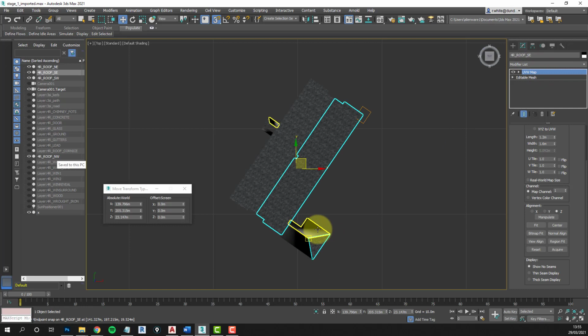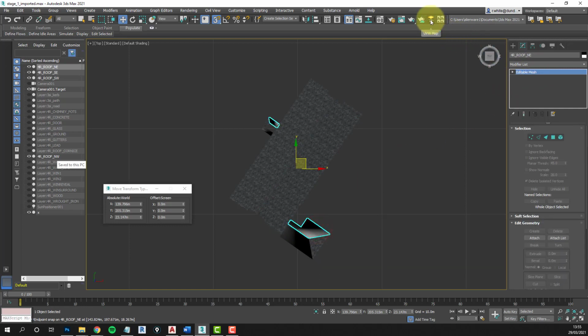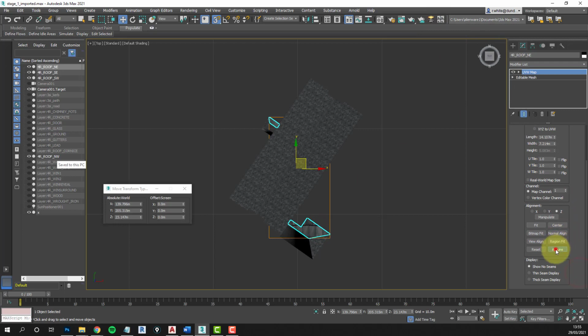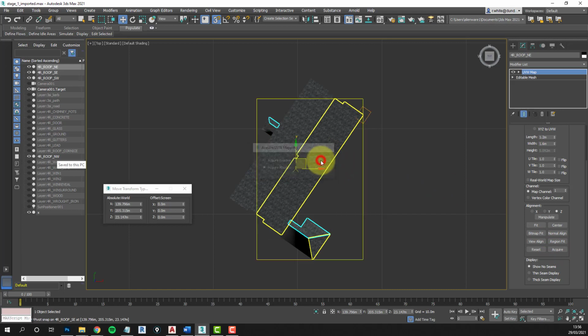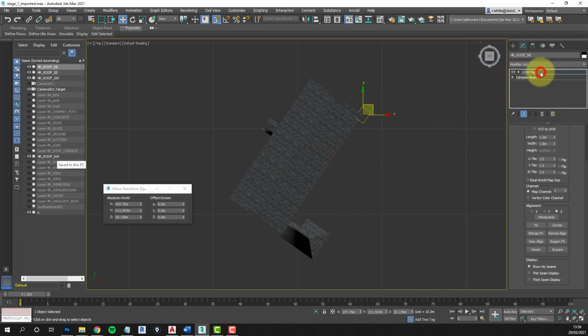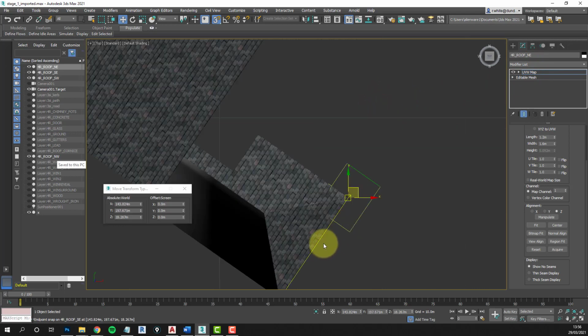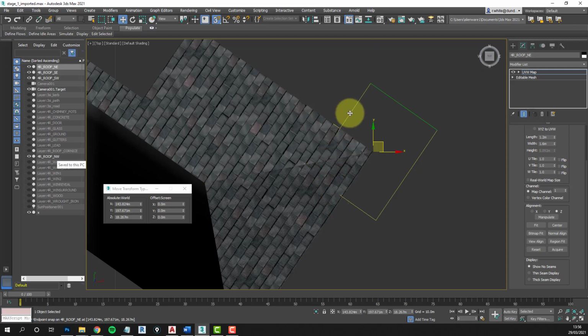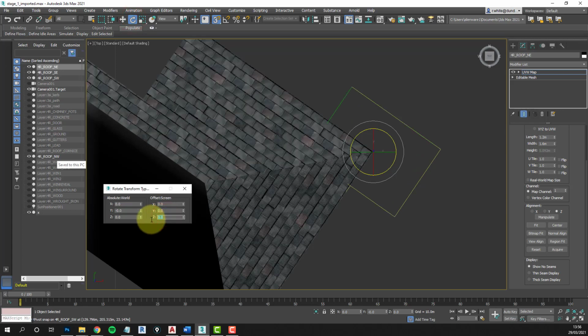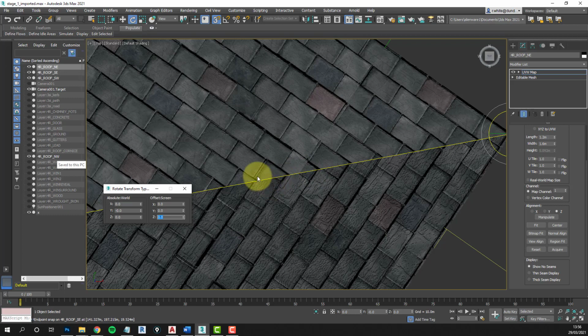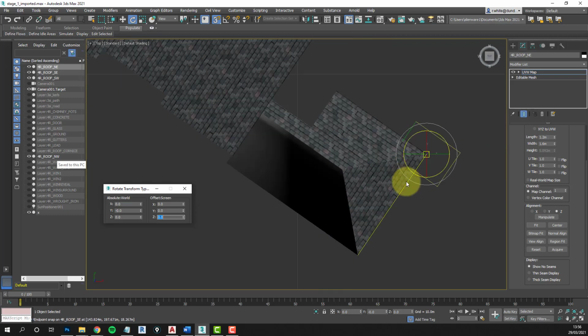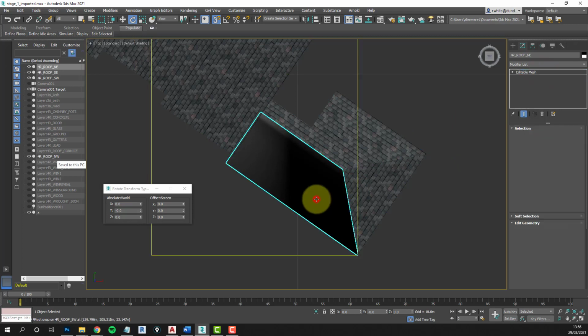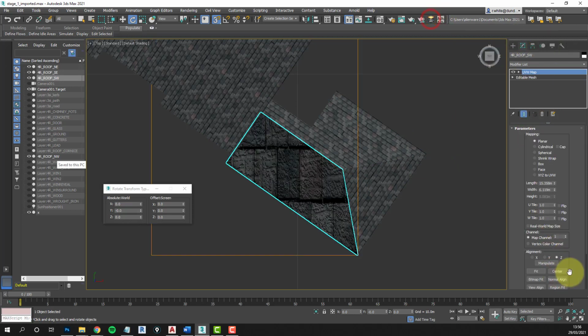lock the mapping, go to the next object, UVW Map, acquire, can take it from here, absolute, OK, activate the mapping, we can move it to the corner of this object, and then we want to rotate it by another 90 degrees. So you see it looks very tidy with the way the lines all kind of join into each other up the angles there. And the last one, UVW Map,